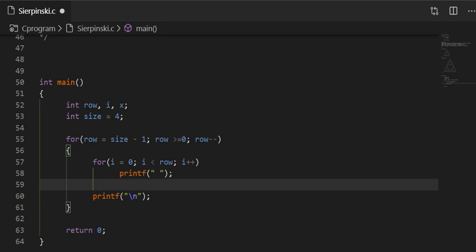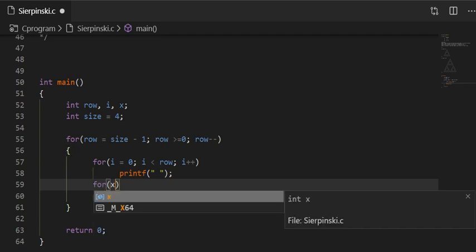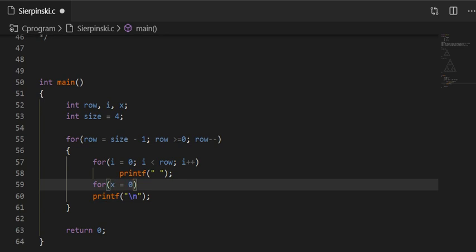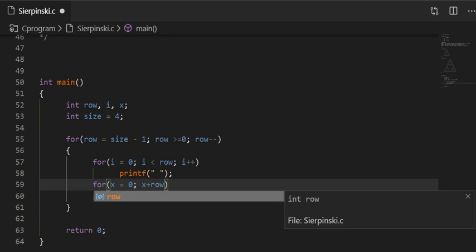When reaching row equal to the column value, we will initialize a variable x equal to 0, and we will increment the x value until x plus row is less than size.